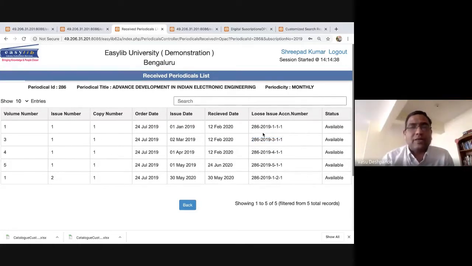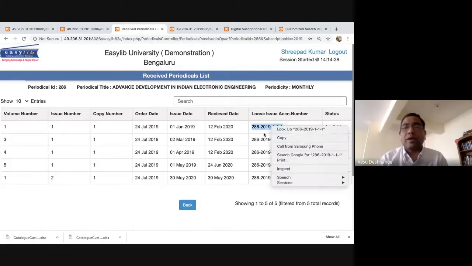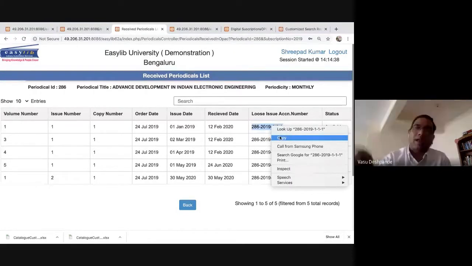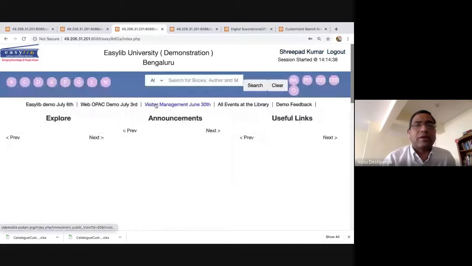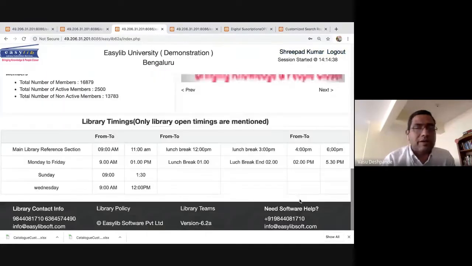whenever you get any of these ideas, this feature is available for the librarians and also for the students. Let's say Mr. Sripad Kumar wants a feature where the moment he clicks on the issue number, it takes me to the current journal's latest table of contents. That is his requirement. So what he can do is simply go to the feedback,